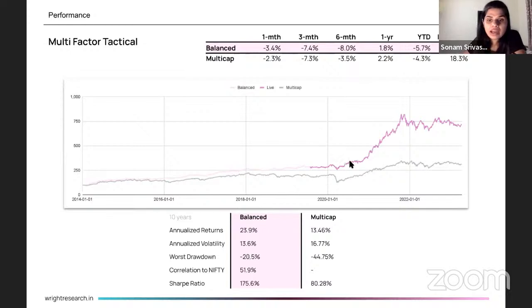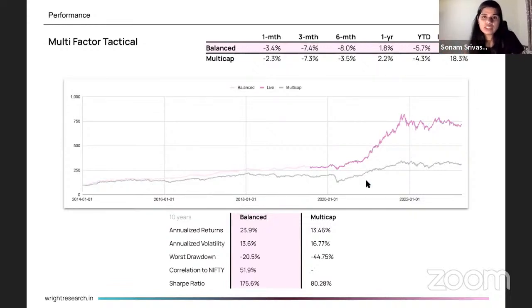which means that when in 2020 the market crashed almost, a multi-cap portfolio crashed almost 40%. At that point in time, this portfolio only went down almost 15-20% because we deallocated and we managed the risk very well. So it has a two-sided benefit. One is that it is reducing the risk in extreme market events, plus it is giving you a good performance in the bull market. So it is combining the benefit of both of these cases, and that's why it can give you a good performance in the long term.